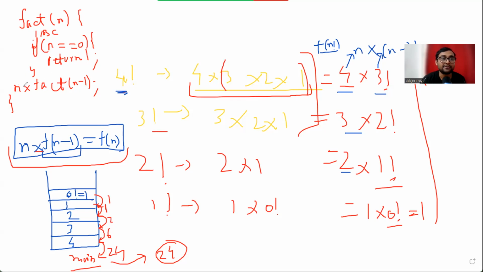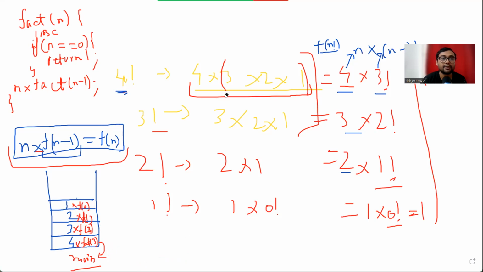Okay. So first I will do 4. I'm considering, for better understanding, 4 into factorial of n minus 1, right? So first I will do 4 into factorial of 3. Then to calculate the factorial of 3 is 3 into factorial of 2. Then comes 2 into factorial of 1. Then comes 1 into factorial of 0. Okay. So if I remove this part, and if I remove this part,